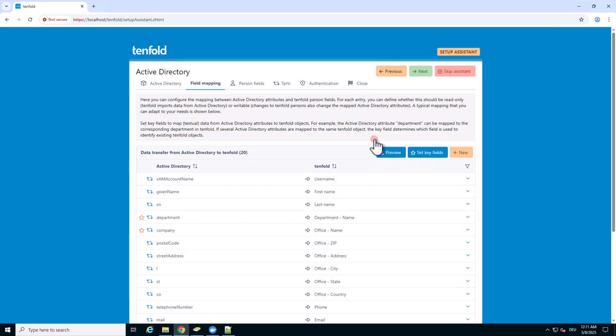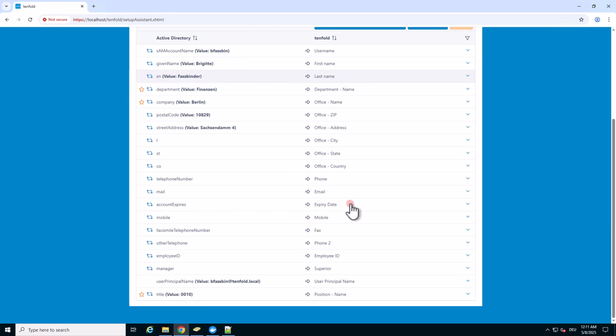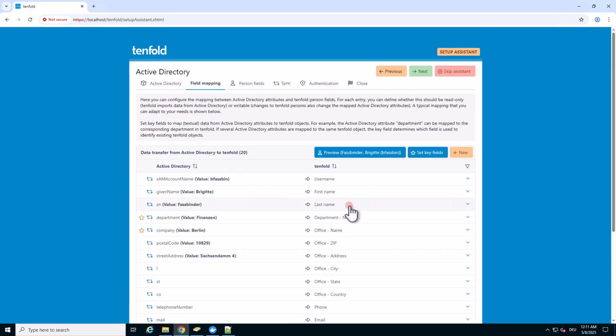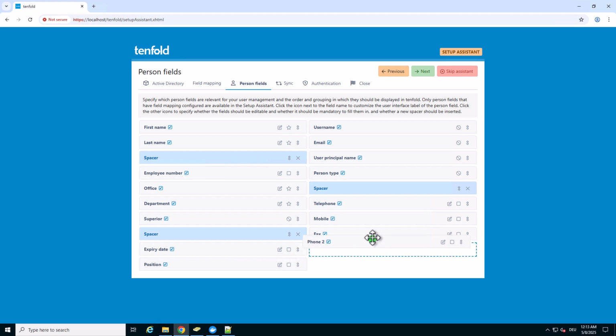After you're done with your field mapping, you can preview its outcome with an existing AD user object. By clicking Next, we can edit how this acquired information will be displayed in your Tenfold persons. You can edit the order of fields by dragging them into the preferred position, change the title of each field with this blue icon,